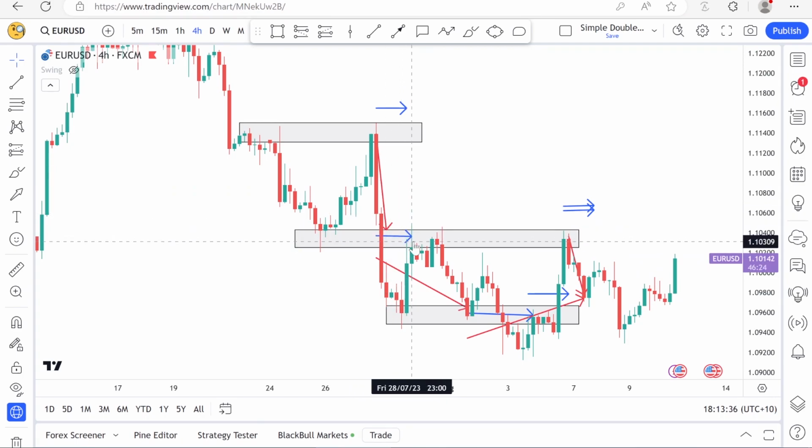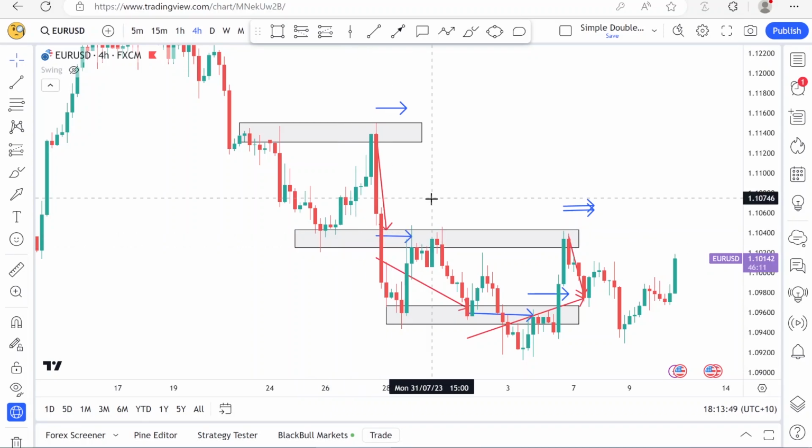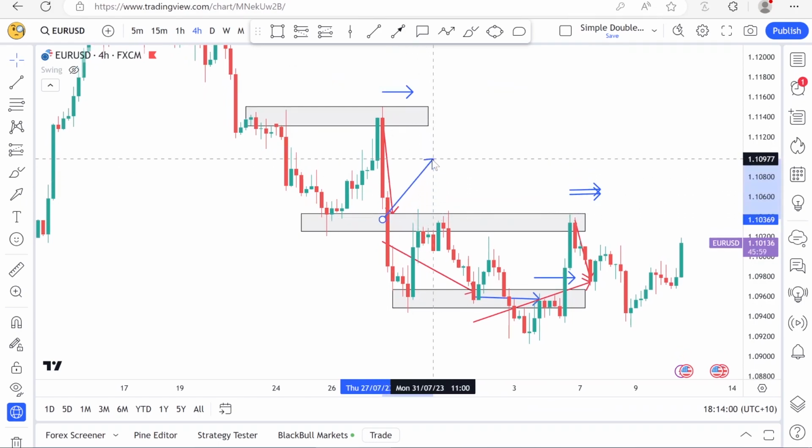Remember, our first priority is always to expect a bounce off a zone. It might happen 50% of the time, and 50% of the time it doesn't happen. When it happens, we just make a simple profit. If it doesn't happen, we manage it with the hedging. That's the idea. So in this case, for example, we put a buy here for a bounce up, but that